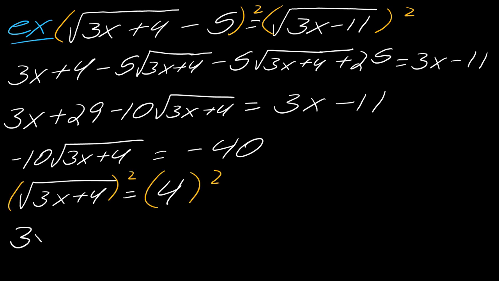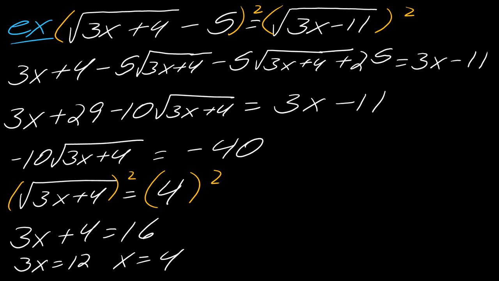let's square. So I get 3x plus 4 now equals 16. Hey, that's really not bad, right? So this becomes 3x equals 12, so I get x equals 4. Cool. So now we just have to see, does that actually work as a solution? So if I check x equals 4, if I plug it into the left side, I'll get the square root of 3 times 4 plus 4 minus 5. So if I work that all out, I'm going to get